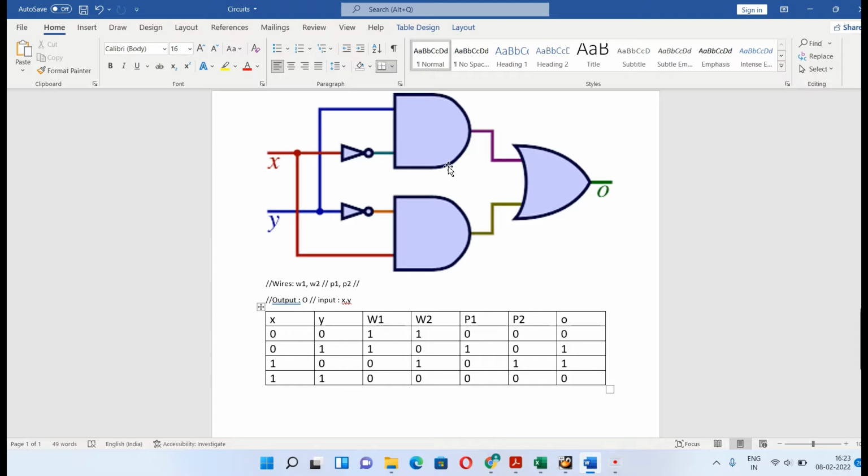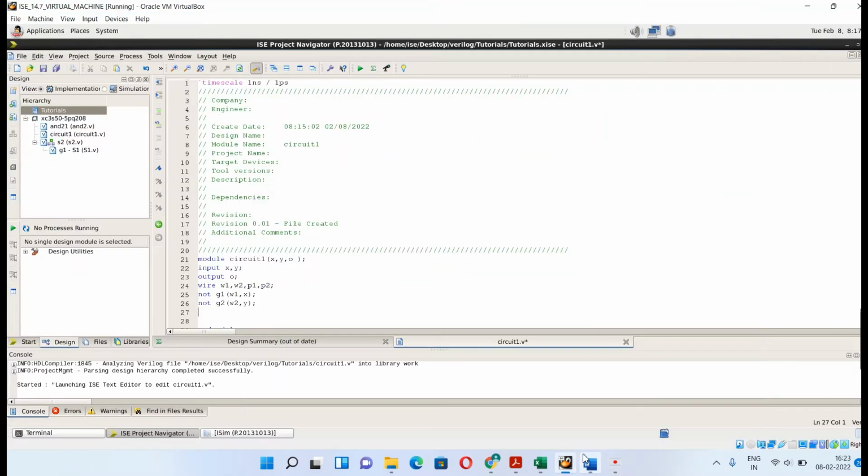Now the AND gate is taking directly one input as Y and the second input as the invert of X.